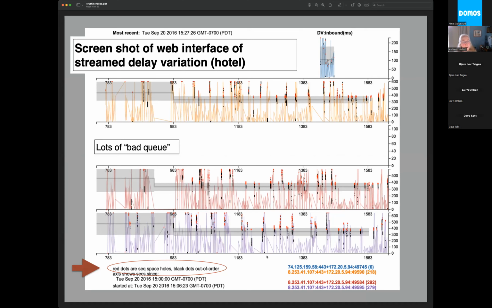And then you get this cluster of black and red dots, which probably means things are dropping, and here we've got 600 millisecond delays. This was in a hotel, and there are lots of bad queues, so none of this is unexpected. But back to this subversive activity, you can find out, just you and your laptop, not just that the performance is crappy, or that there's a bad network, but that whoever's sending you data is not thinking about how they're deploying their transport.